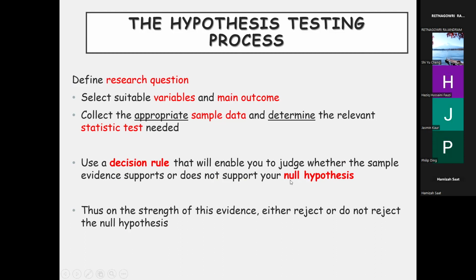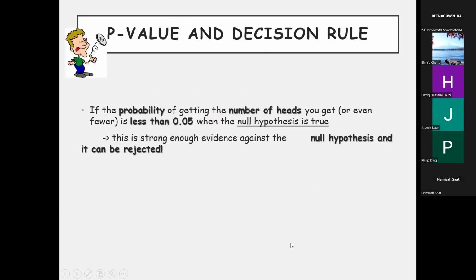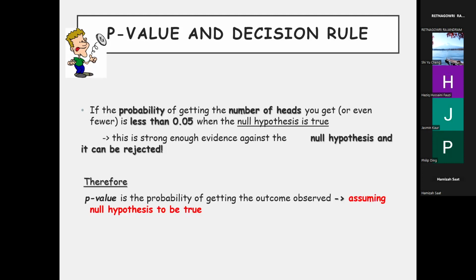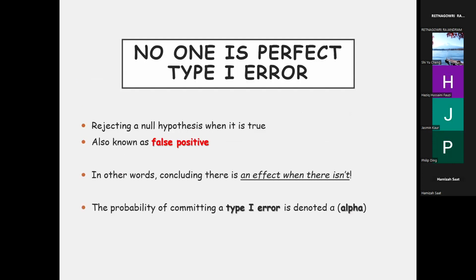And why you need to do this is because you want to debunk the null hypothesis, which says that there's no difference, so you can either accept it or reject it, okay? Because something can be statistically significant by p-value, but that does not mean it's always clinically significant. And so first you need to prove that it's statistically significant, after which you need to make sure that it's also clinically relevant.